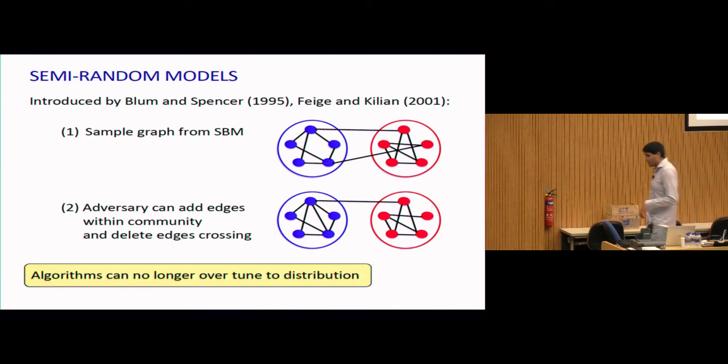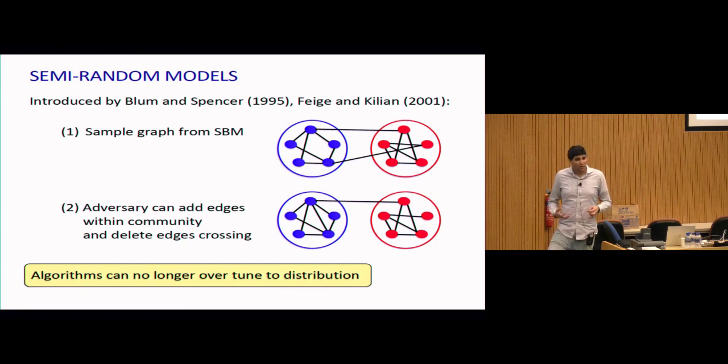But it turns out that the advantage of studying it in these kinds of formalisms is that your algorithms can no longer tune to a very particular distribution. So when you talk about random graph models like Erdős–Rényi or the stochastic block model, they tend to produce random but very rigid looking objects, because all the nodes have about the same degree distribution, and they all have nice expansion properties, and they look very homogeneous in many ways.